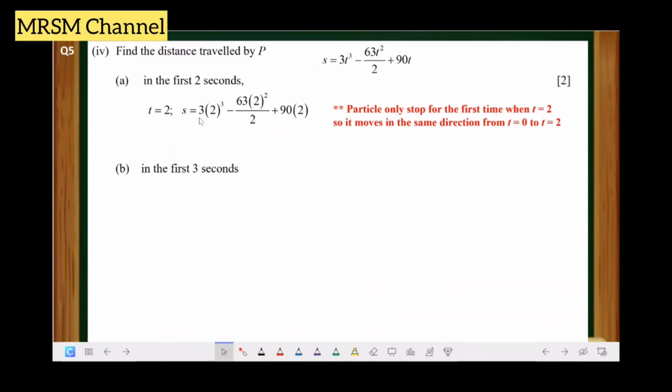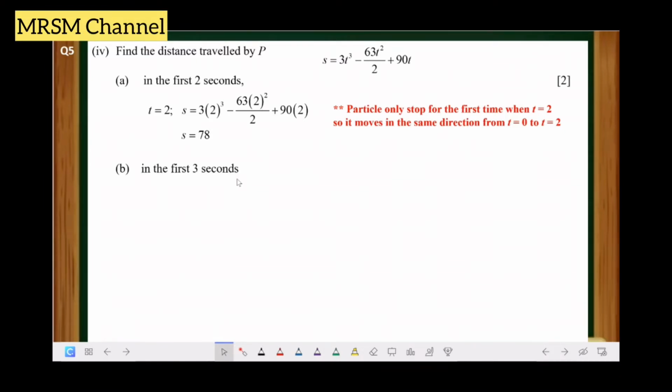T is equal to 2, masukkan T is equal to 2, so you substitute T with 2 in S and then you will get S is equal to 78. Okay, meaning that from T0 dia akan gerak sampailah T is equal to 2, dia duduk dekat 78. Okay, so the distance travel in the first 2 seconds is 78 meters. Okay, tak tulis meter pun tak apa, tulis je 78 kat situ. Okay, but the difference with A and B here is kalau dia suruh cari distance travel in the first 3 seconds,